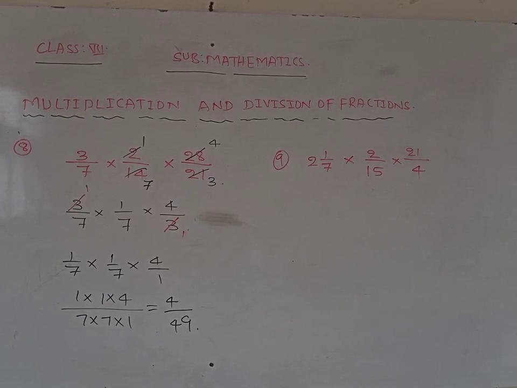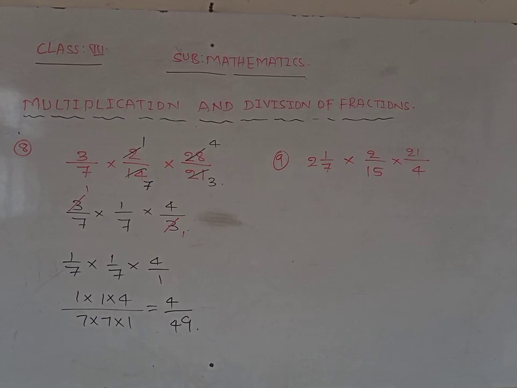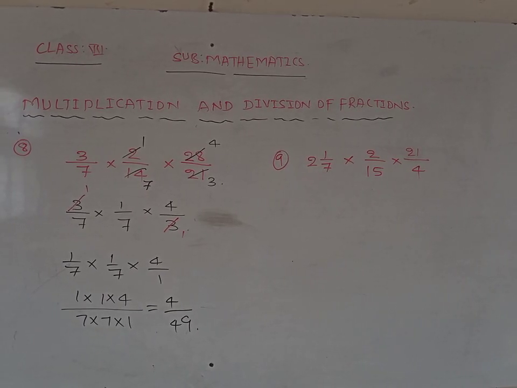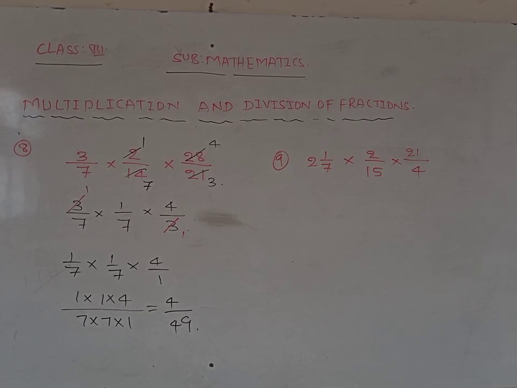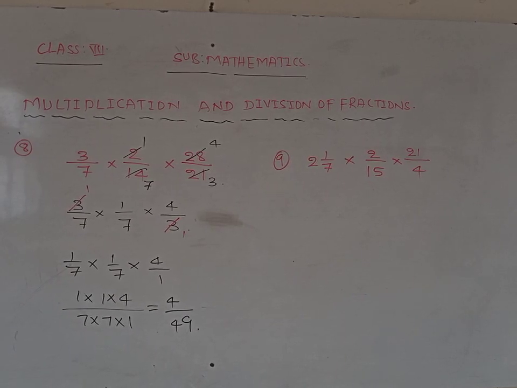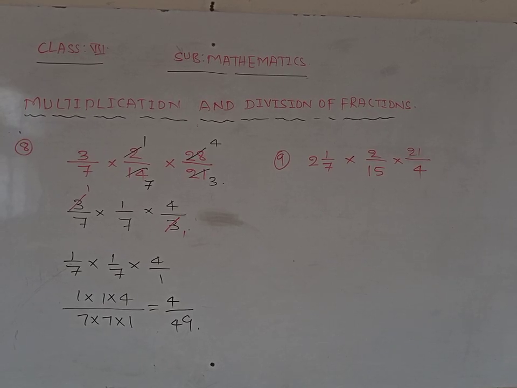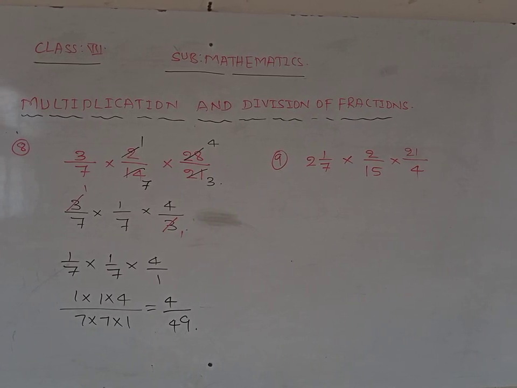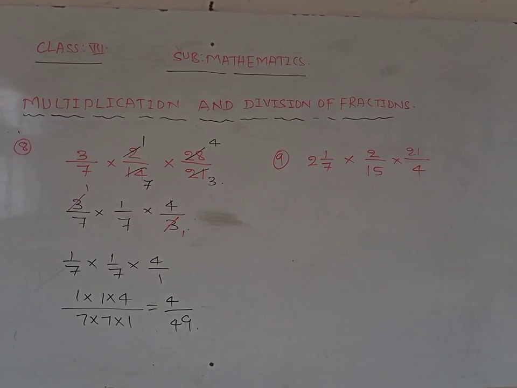Swasti, Sahana, okay, good. Indira, madam, you can cancel again. 7 6s are 42, 7 4s are 28. Again it becomes a 6 by 4. Again you can get cancelled. How? 2 3s are 6, 2 2s are 4. Your final answer is 3 by 2. Keep in a simplest form. Or 14 3s are 42, 14 2s are 28. You can keep. Yes, 3 by 2 is the correct answer here.